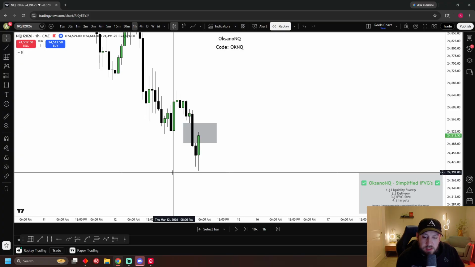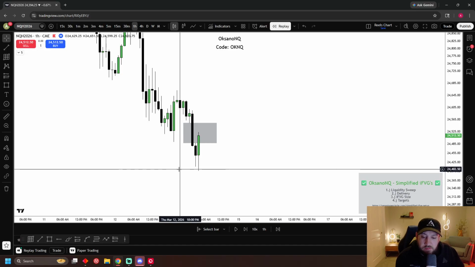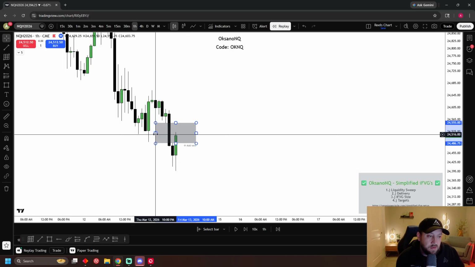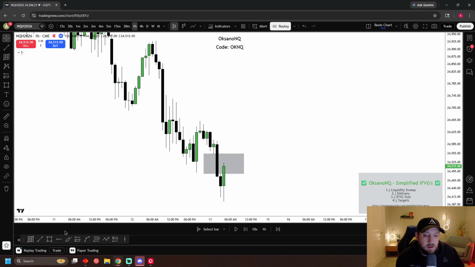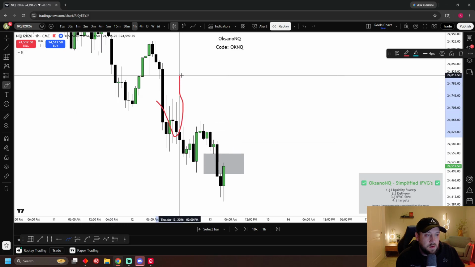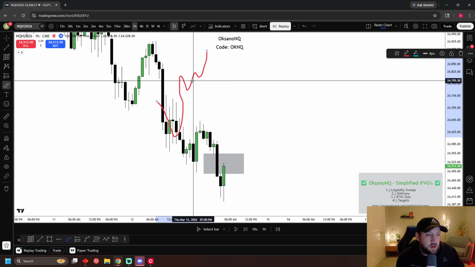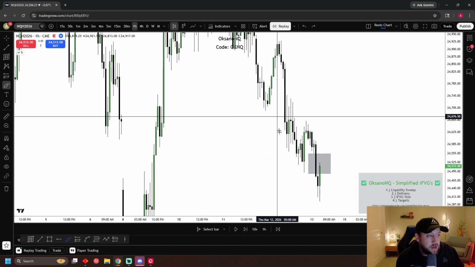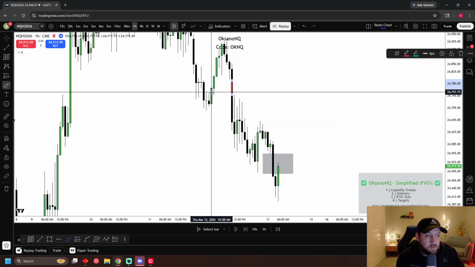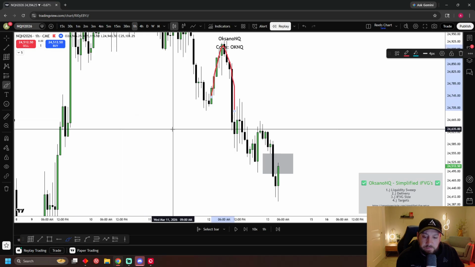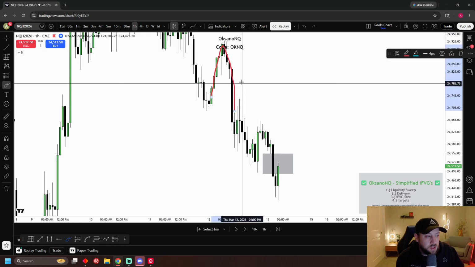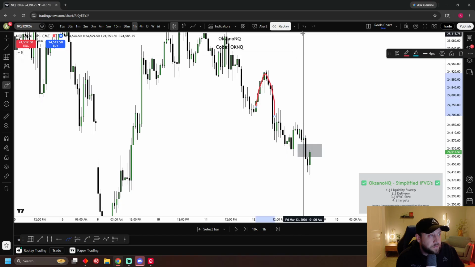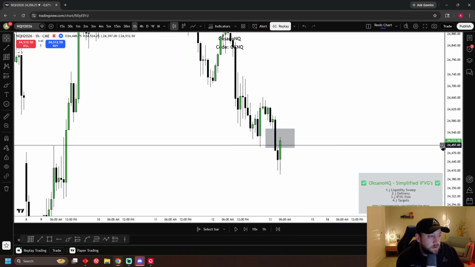Is it correct to say that breakaway gaps will be filled only after we reach DOL? That is a safe assumption for sure. Because if, let's say, we were to put this gap in, right, and we were to come up and break this, then it wouldn't be a breakaway gap anymore. But now we get sent and we take out all the sell side, right? And we created a market structure shift out of getting this gap because we were bullish till that. Now, this will likely stay open till we've hit whatever draw on liquidity the market needs to hit. So yeah, that's a good way to look at it.